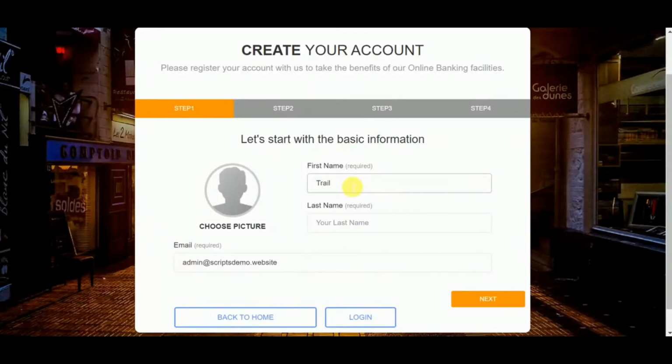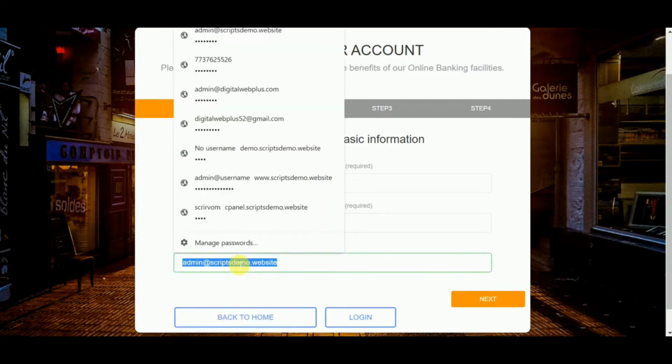Trial, because this is a trial demo. I'll say it's trial. The last name, I'll say it's user. Oh, I made a mistake there. Then for the email address, I will say it's